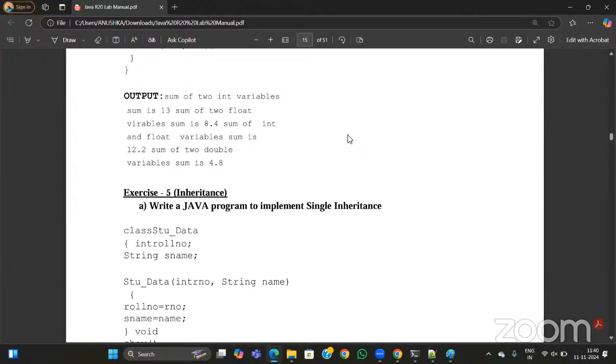Okay. What is inheritance? Creating multiple chain of objects